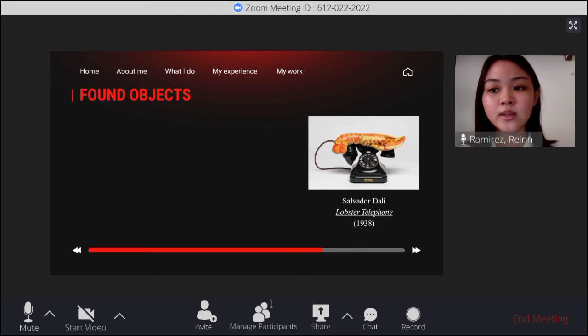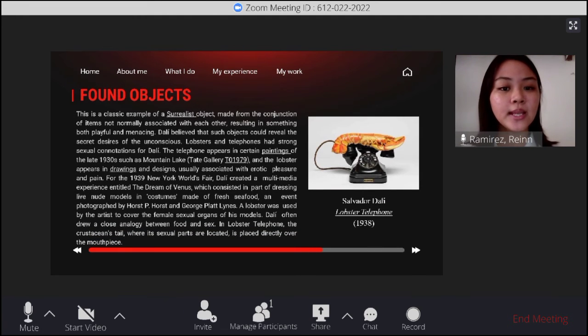The last artwork featured is The Lobster Telephone by Salvador Dali. Salvador Dali is known for being an excellent surrealist painter and printmaker. Lobster Telephone is one of the best-known artworks of the 20th century. It is an object created using steel, plaster, rubber, resin, and paper. The phone is made using plaster and rubber. Resin and paper are used as the overall medium. To summarize, the telephone is a real one while the lobster is made of plaster.